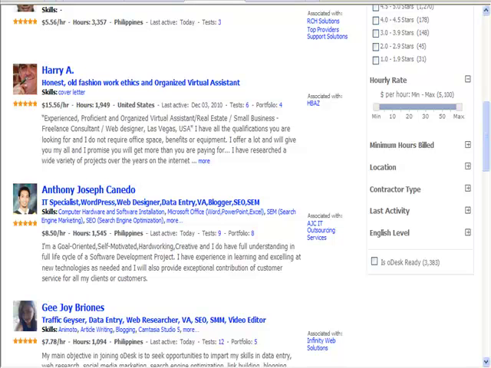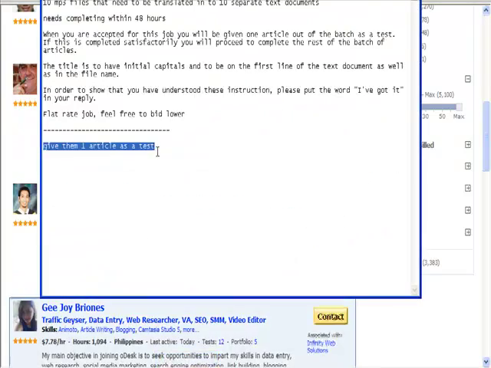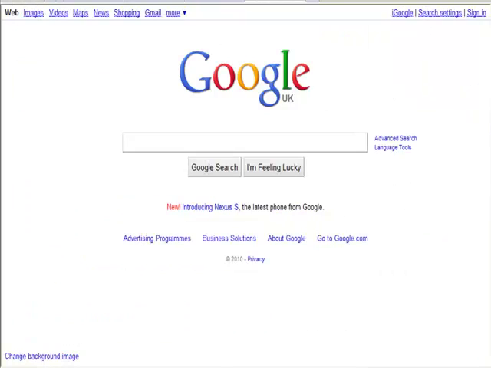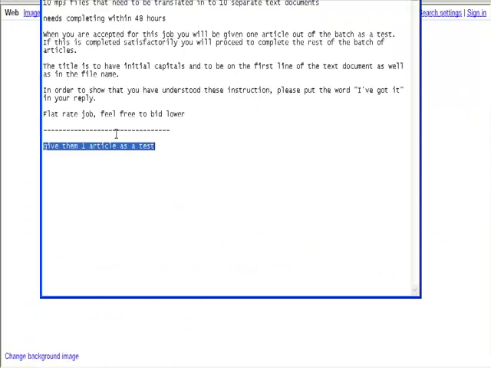Now obviously it could be a bit less depending on who you decide to hire, but whoever you do decide to hire, remember to test them. Give them that one as a test. Make sure they do it properly. I guarantee if they don't do that one properly and you give them more work, it's just going to go horribly wrong for you. It really is. So get it right. Get the right people to do the job, and make sure that they put this word